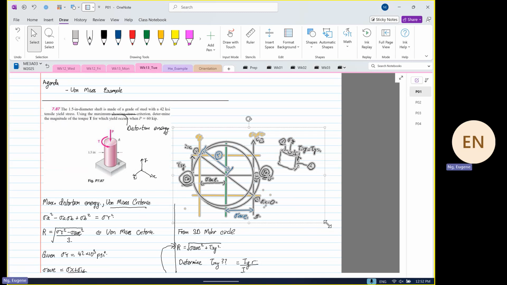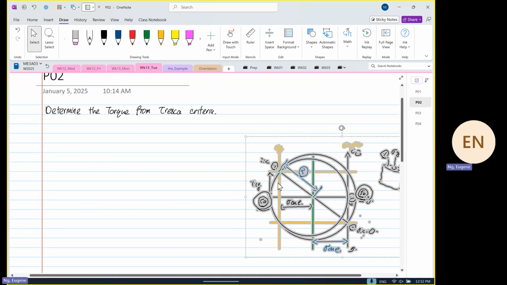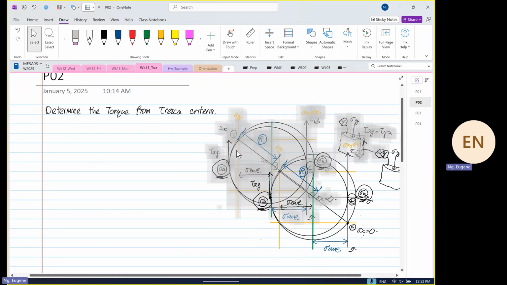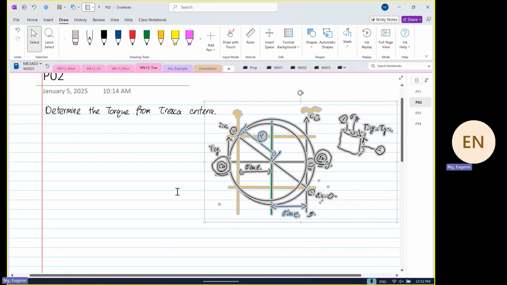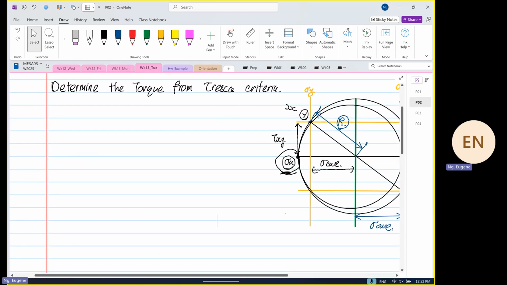So now we are going to use this for Tresca. Quickly, the Mohr's circle did not change. I'd like to remind you, the Mohr's circle did not change. So based on Tresca criteria,